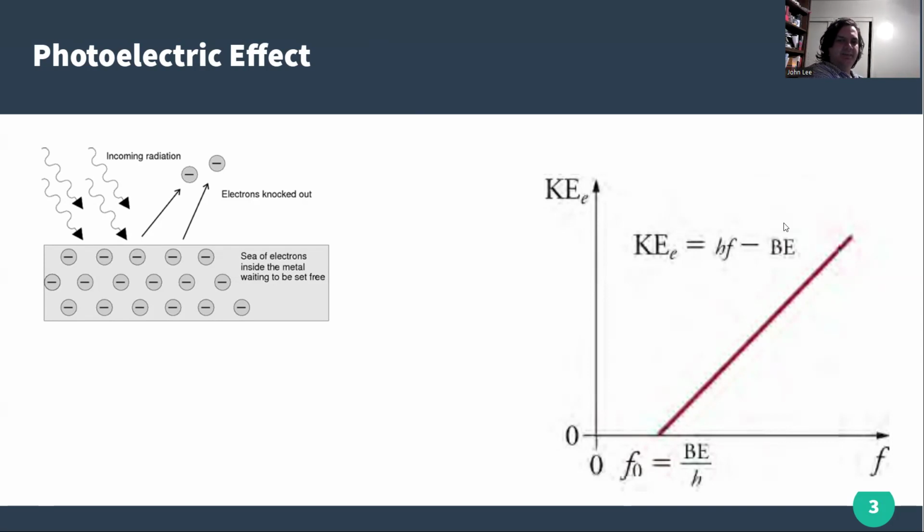is that each kinetic energy, no matter how much intensity of the electromagnetic light you shine down, is the same. So if you shoot a laser with twice as much intensity, that's twice as bright as an earlier laser, it's still going to come out with the same kinetic energy, which suggests that